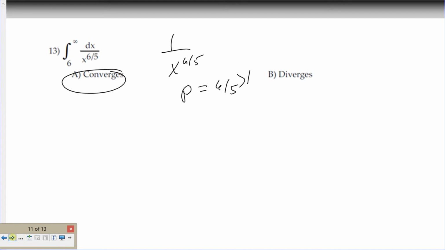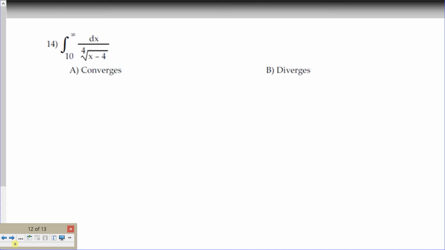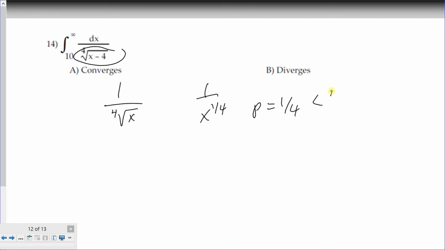And finally, we have a function that as x approaches infinity looks like 1 over the 4th root of x, which is 1 over x to the 1/4. This is p equal to 1/4, less than 1. So this must diverge. And that is the video on testing for